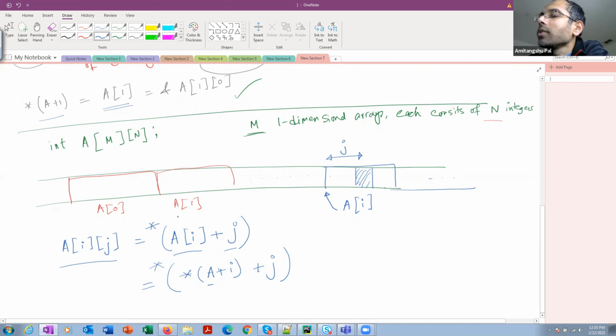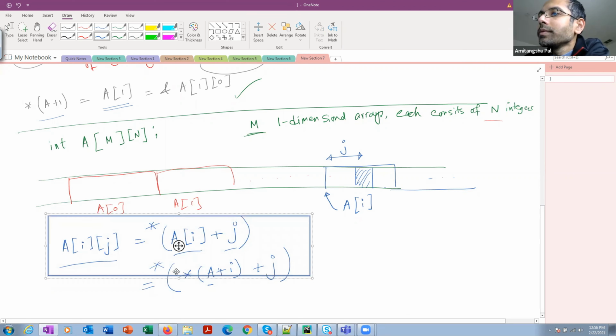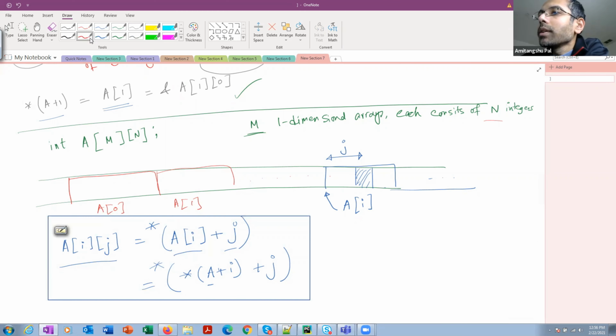If I add I, it will go to the ith 1D array of n integers. And then I need to put an asterisk outside. Clear? So this is a very, very important formula.